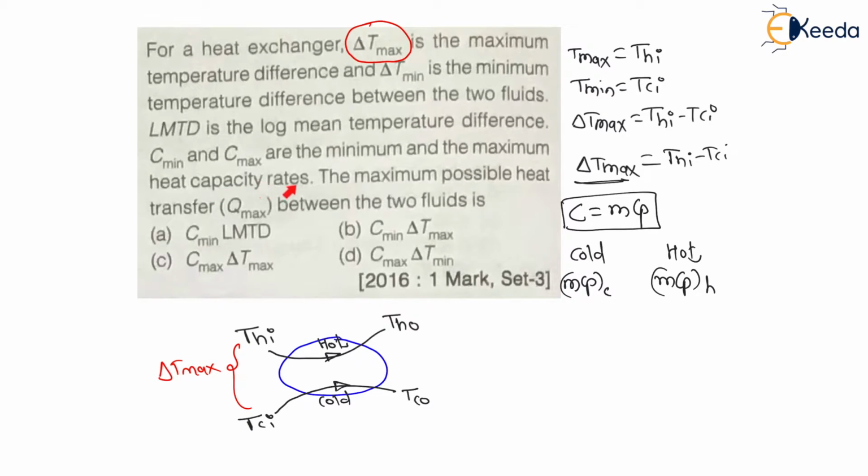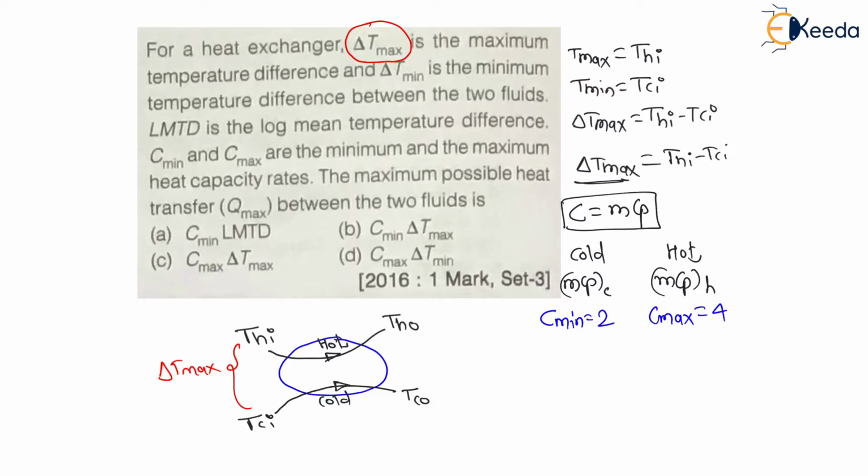Now let us understand the meaning of heat capacity. Heat capacity is nothing but the amount of or the units of heat which they can exchange. Right? Heat capacity rate is nothing but this many units of heat they can exchange. Now let us say here, for example, I am assuming for the cold fluid it is C minimum and for the hot fluid it is C maximum. This is just my assumption. Let us say the C minimum for the cold fluid is 2 units, right? And C maximum for the hot fluid is equal to 4 units. This is just an example.